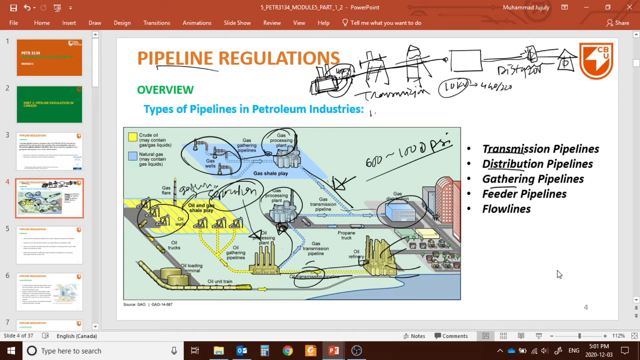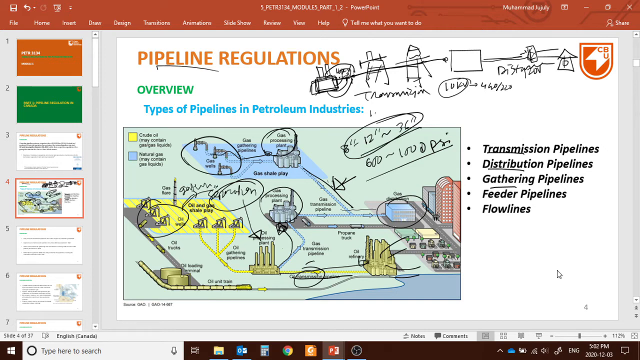Okay, and the diameter would sometimes be, for instance, 12-inch to even 36-inch, something like that, or sometimes you'll find 8-inch. Okay, so this is the range of the transmission pipeline too. Now